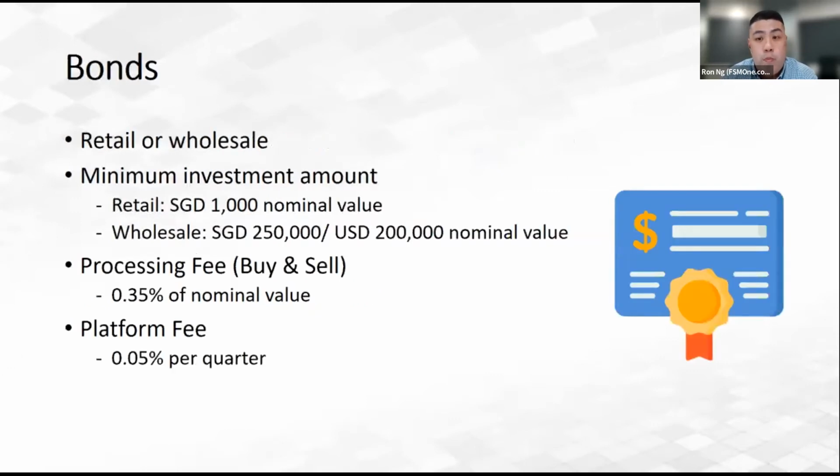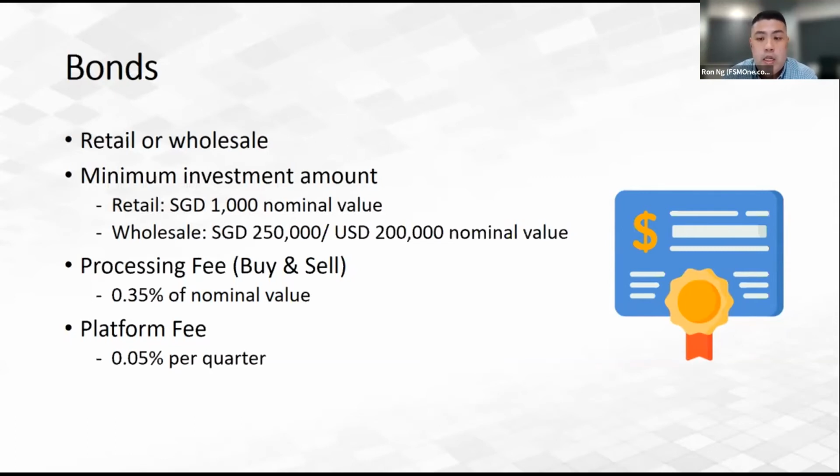Okay, moving on to bonds. There are typically two types of bonds, retail and wholesale. So retail bonds generally start from $1,000, and for wholesale bonds denominated in SGD, investments start from 250,000 Singapore dollars nominal value and 200,000 US dollars for bonds denominated in USD. For bonds, there's a processing fee of 0.35% for both buy and sell orders, as well as a platform fee of